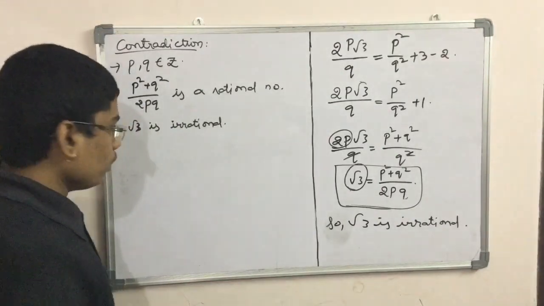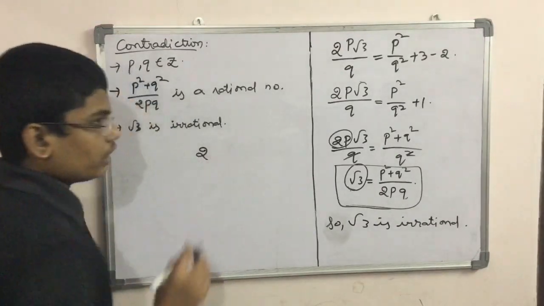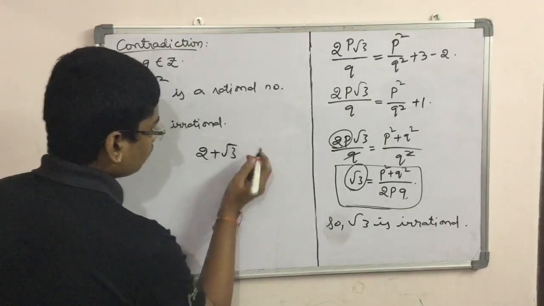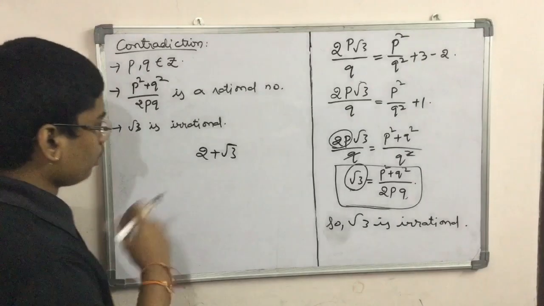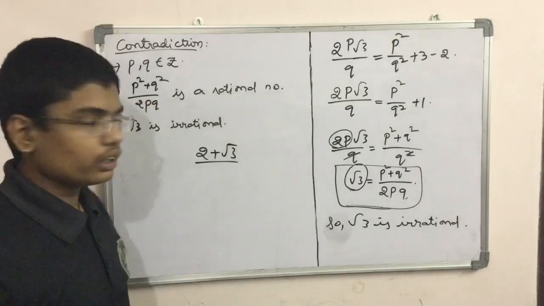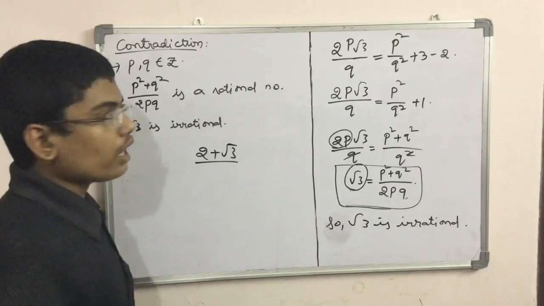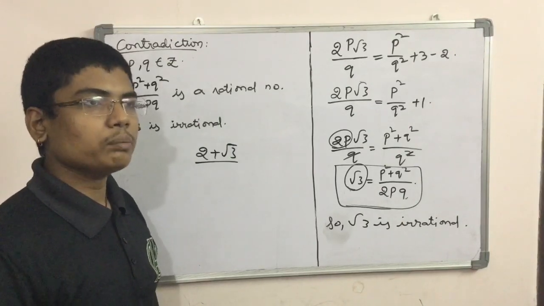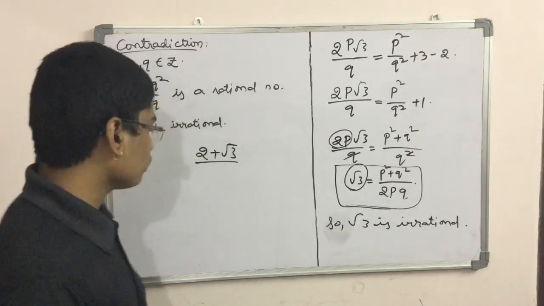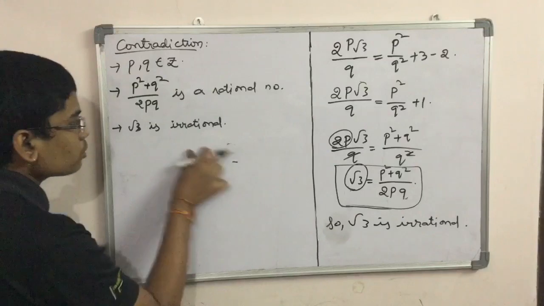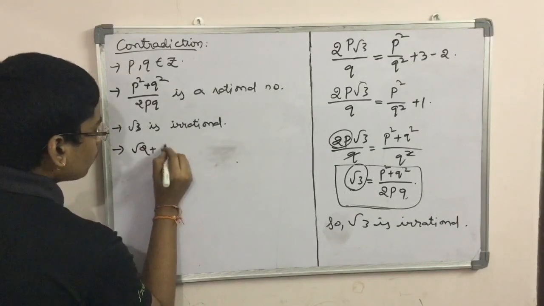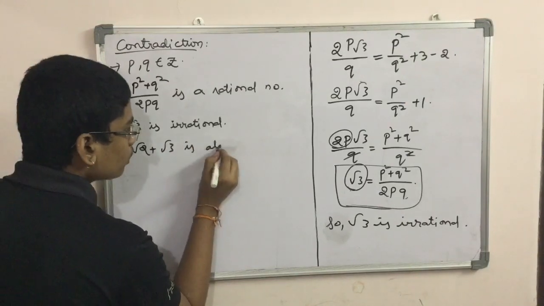We will take an example of a rational number and an irrational number being added. Let us take the same example which we have assumed in the previous sum, 2 + root 3. It is irrational, we have already proven it. So whenever you add an irrational number to any number, might be rational or irrational, then the ultimate sum will always be irrational. So as root 3 is irrational, root 2 + root 3 is also irrational.